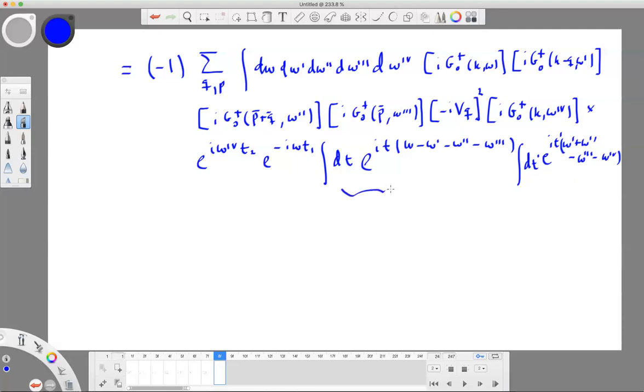This is here delta, and then I'm going to write it like this. So this is delta omega. Made a mistake here. This is a plus here: omega plus omega triple prime, comma, omega prime plus omega double prime. And here the same. Okay, so we have delta